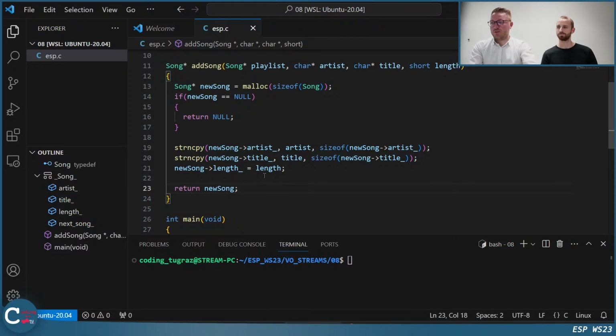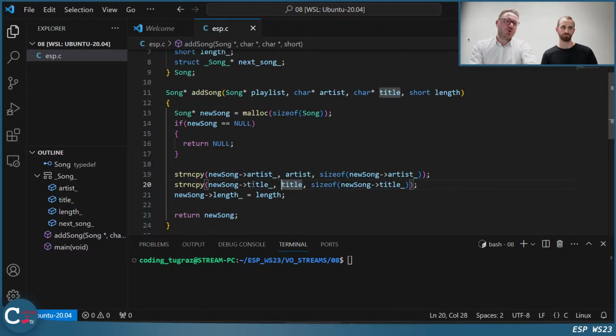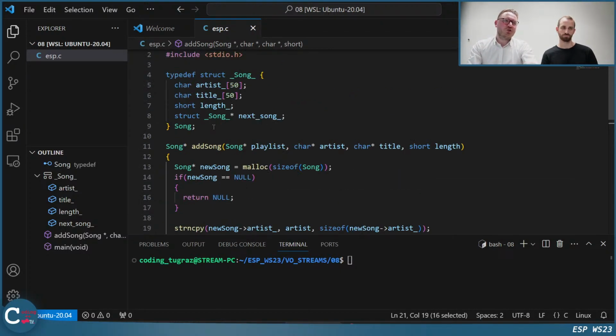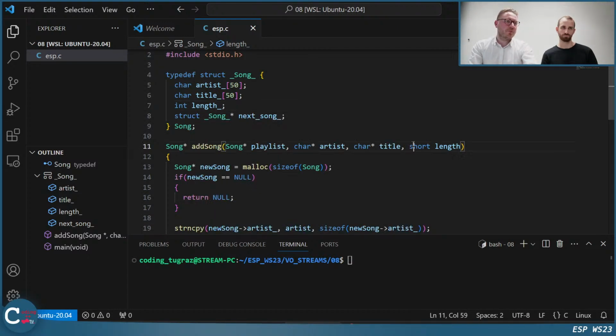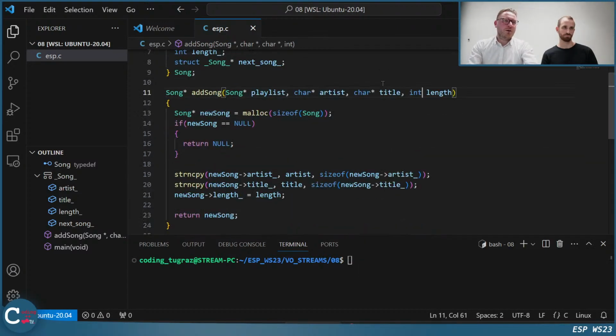Can you please explain why we don't have to copy the length? Oh yeah, sure. I'd love to. The problem here is that we want to copy the values of a string. And if we do it like this with the assignment operator, we would copy the address. And we cannot do this actually. So this does not work. And since this is a short, or if you prefer, we can have it as int, maybe you're more familiar with int, we just copy a value.